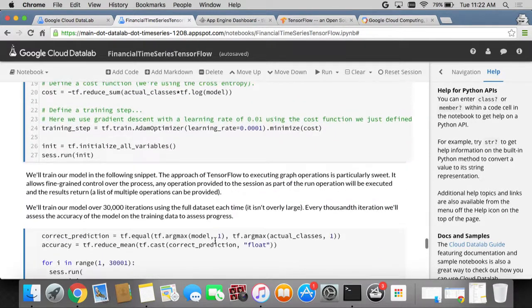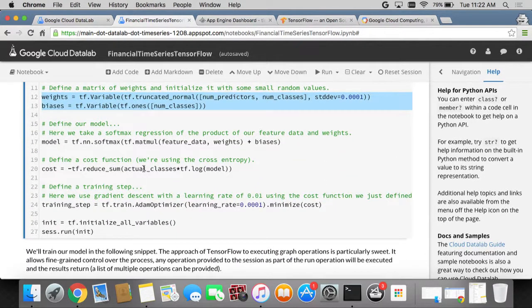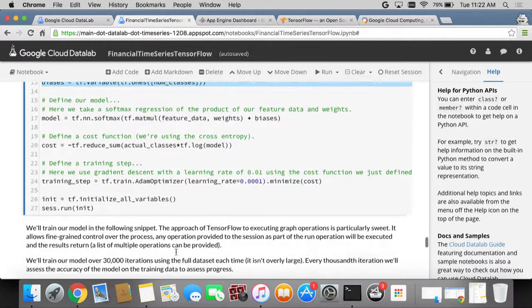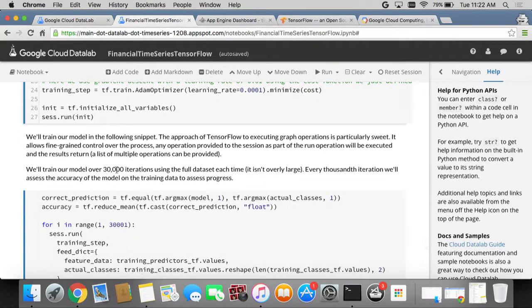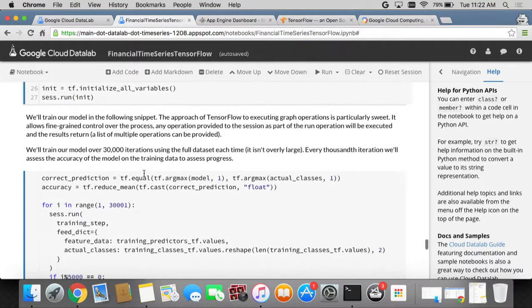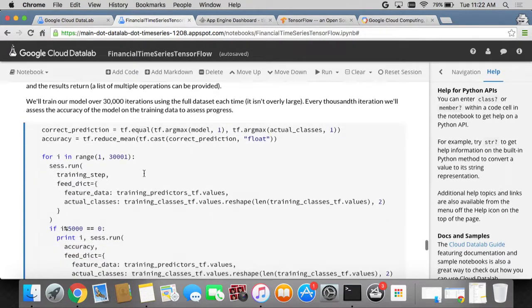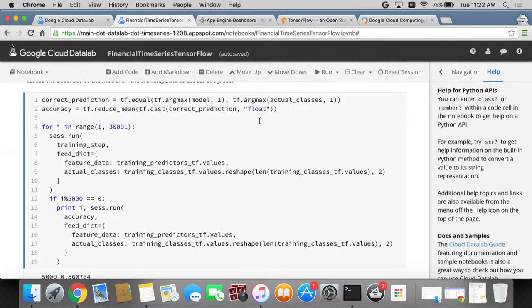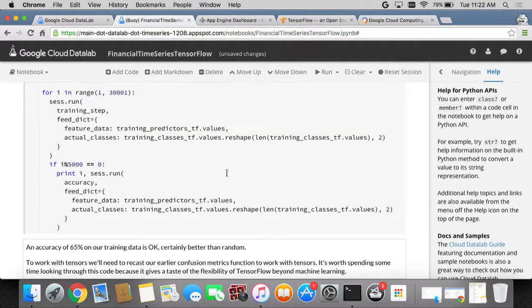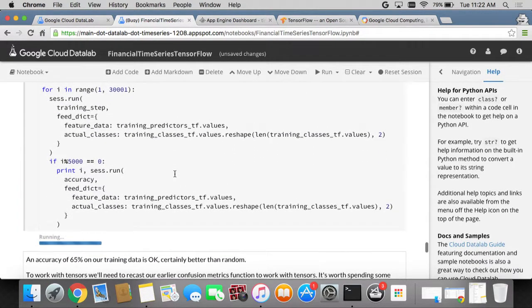Our model is being created. So we have our model, we have the cost, we have the training step. Let's go for it. So now we're going to iterate against this model 30,000 times using every single data set. So 80% of our data set, and we're going to iterate, and then we're going to see against the 20% left if it's accurate or not. In order to do this, I have a pretty powerful machine on the back end. You can see it's running, and that's the simpler model, so it should be taking a little bit of time, but not too long.